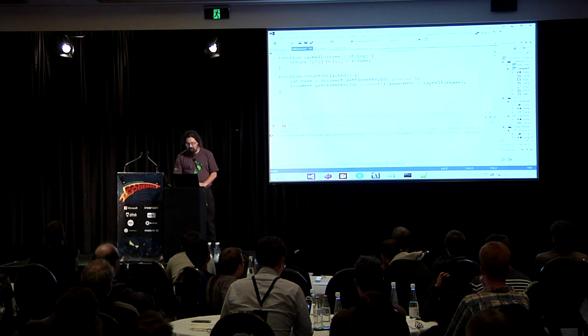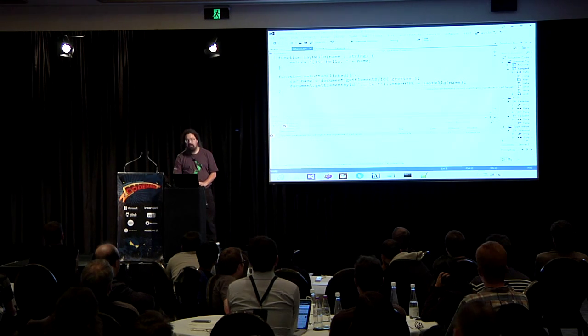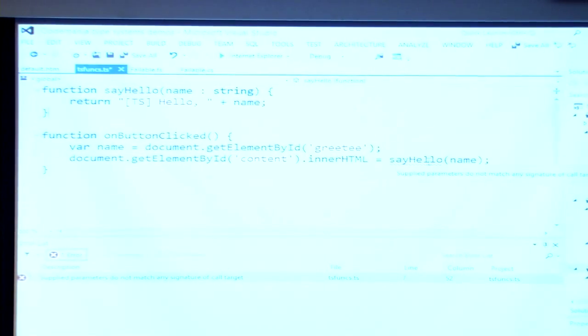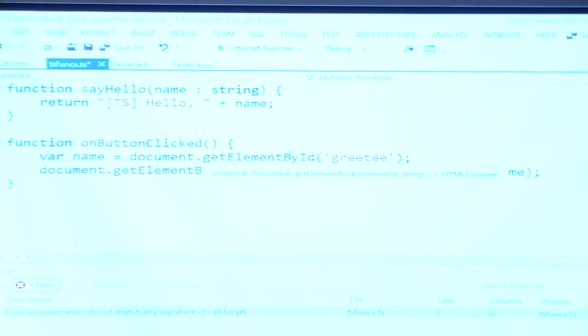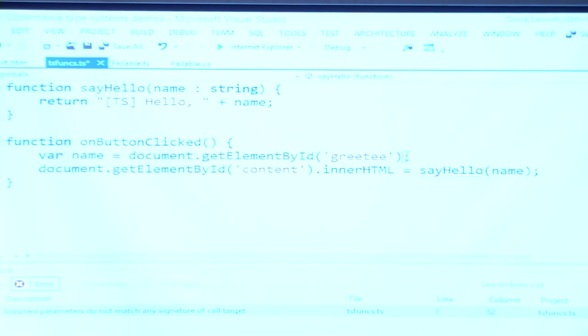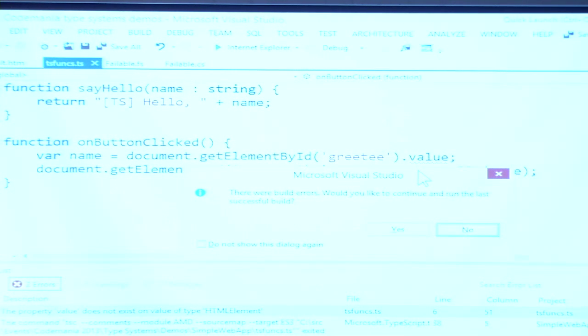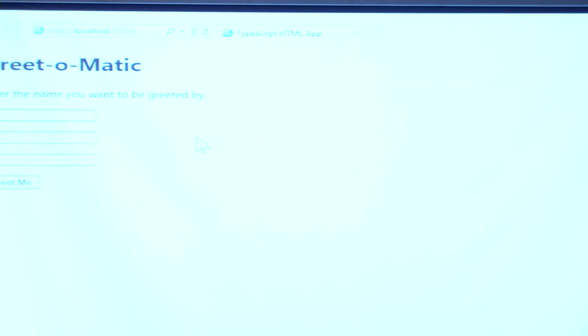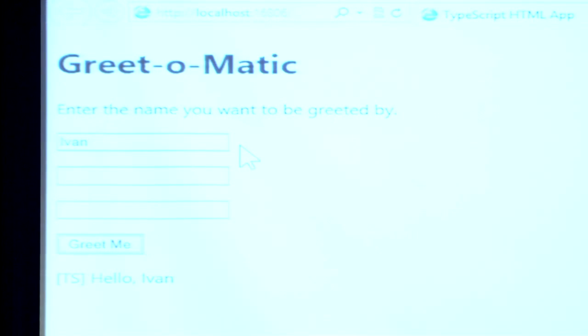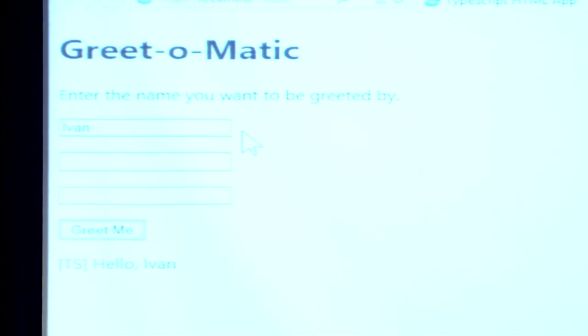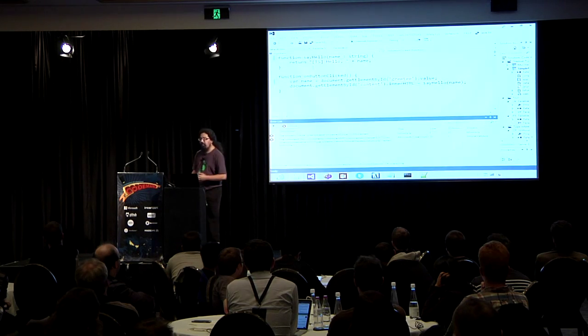Ah, says TypeScript, well, hang on, because I have no guarantee that name is a string. And in fact, looking at that, it turns out the name isn't a string. So I've inadvertently returned the HTML element. If I do that and run that up, then it's correct. So I've been able to opt into a little bit of additional checking.